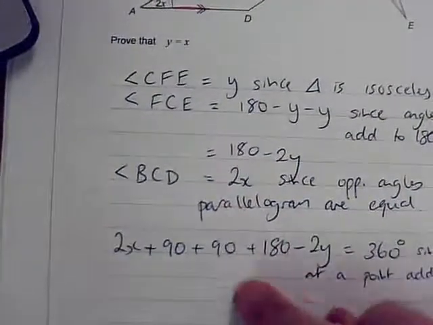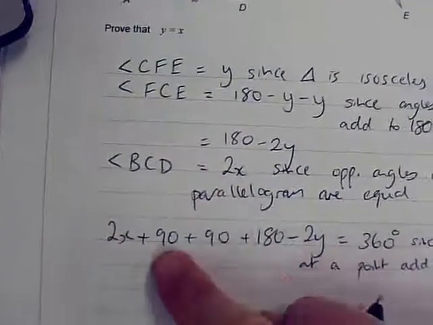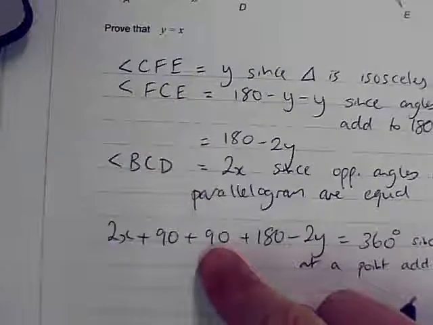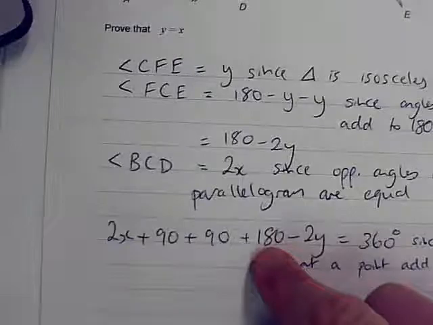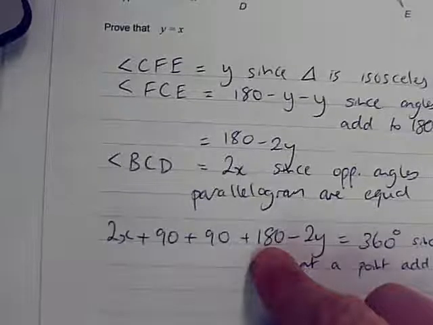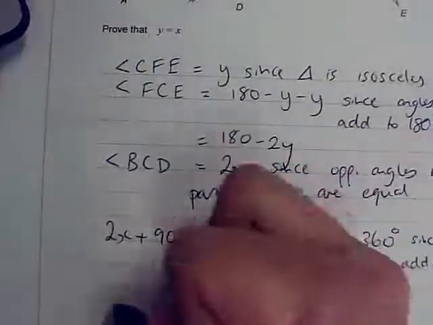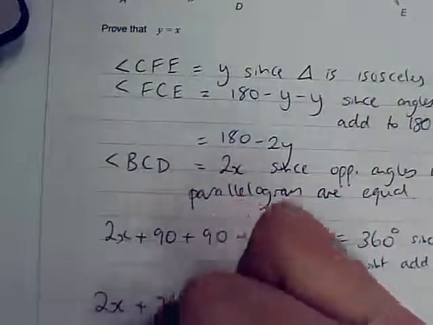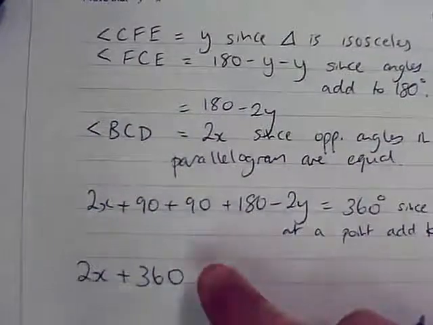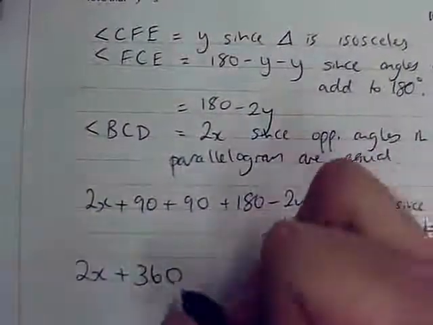And then we can now just simplify this a bit. So 90 plus 90 makes 180, and that's 180 plus 180 minus 2y. So we've got 2x plus 360, so that's what this adds up to, minus 2y